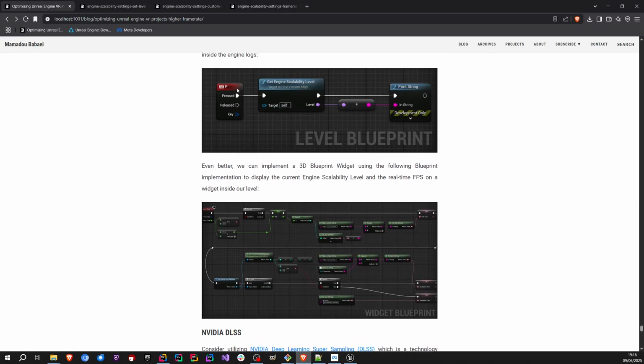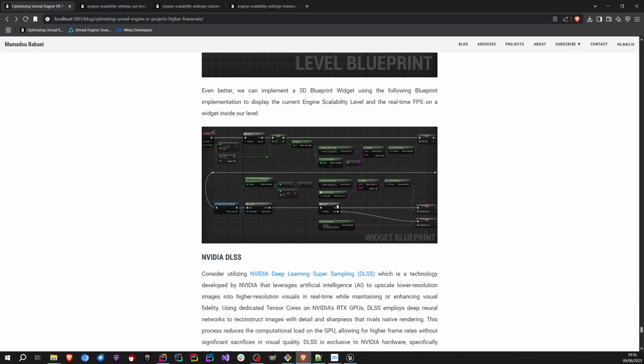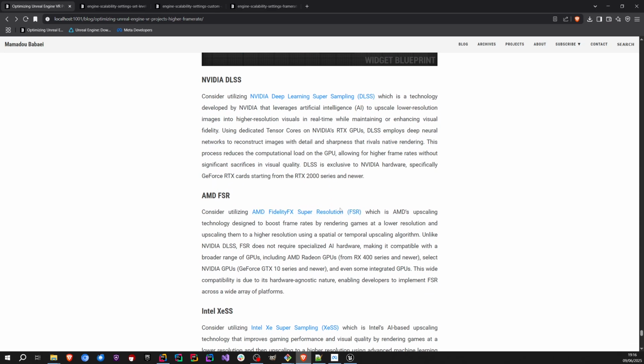So I could just use print string, or I could create this widget. And then the last part. The last part is basically if none of the above works for you, there's still hope. You could use